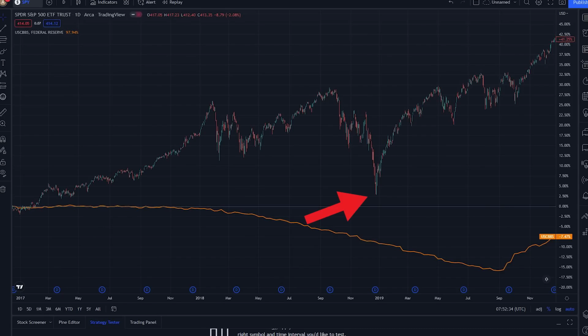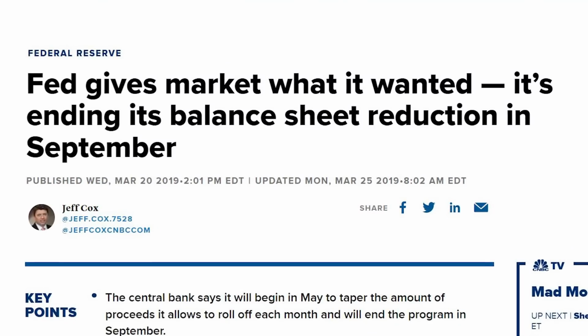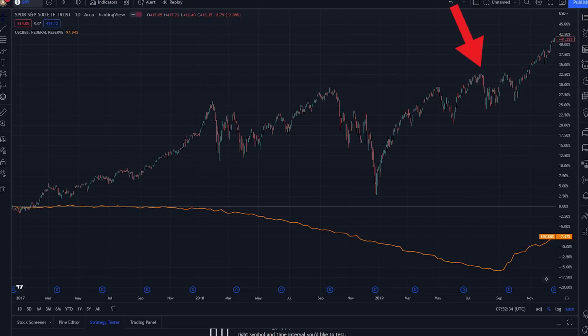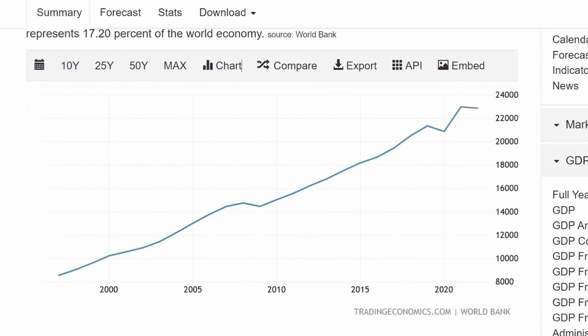But of course, this is the market that we are talking about, and the market is super unpredictable. If we look back at the previous QT, the market actually bottomed at the end of 2018, 3 months before the Fed announced that they would slow down QT. By the time QT ended, the market had already gone back to all-time highs. Besides that, the economy is arguably in a better position than when we did QT back in 2018. Job data looks good, GDP data looks good, and if anything, the Fed can still stop QT anytime they want.